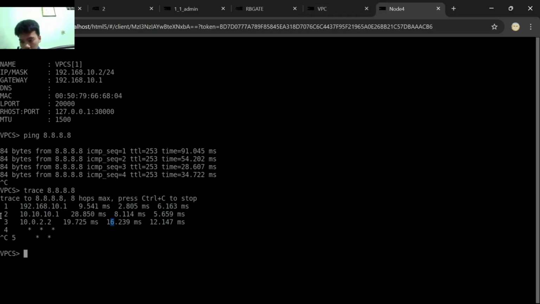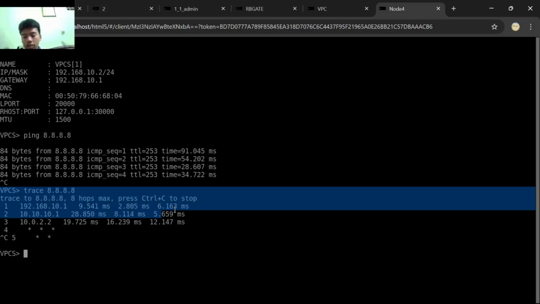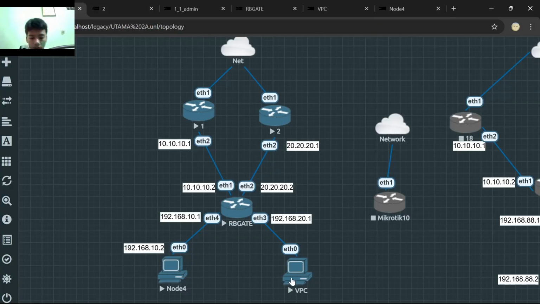The routing policy is successful. Yes, the routing policy is successful. That means PCA sends packets to SPA and the internet, and PCB sends packets to SPB and to the internet, and they communicate correctly.